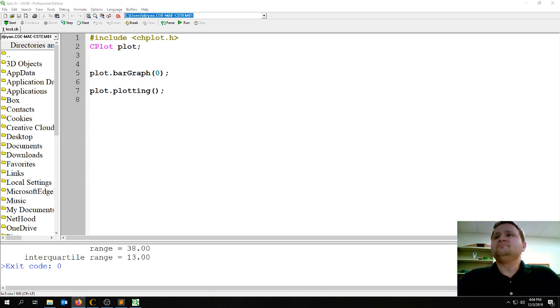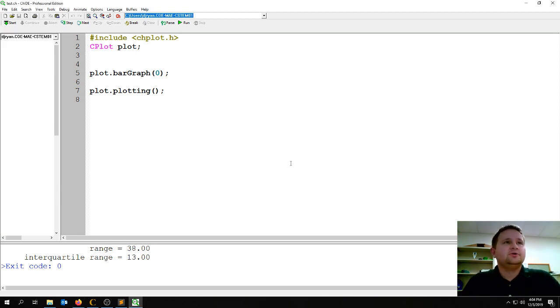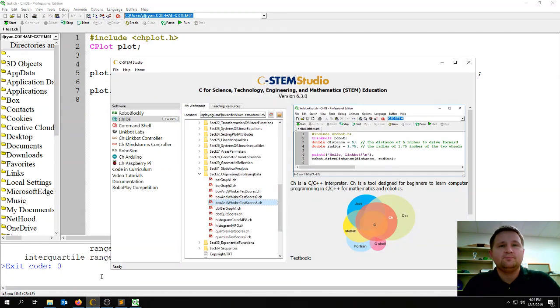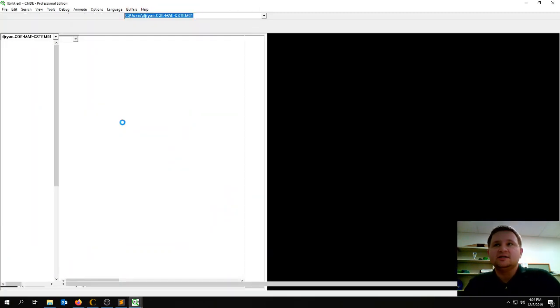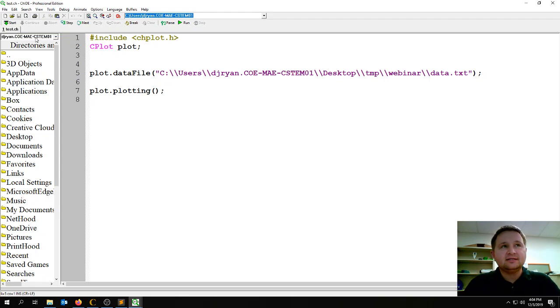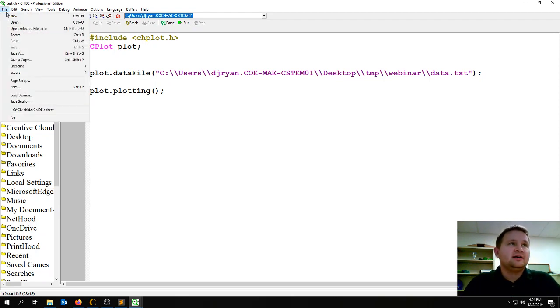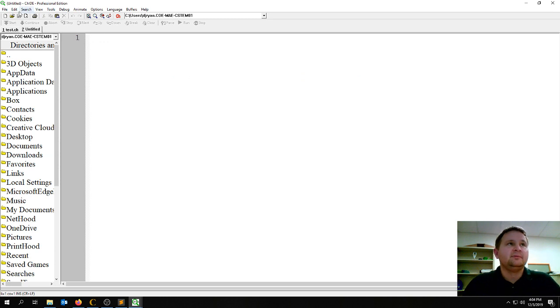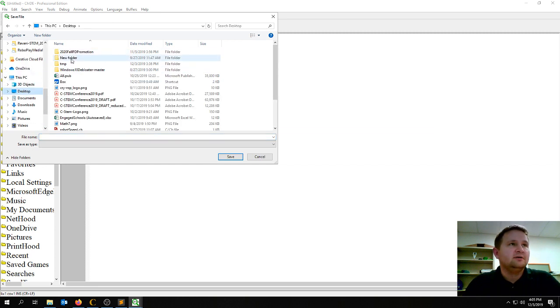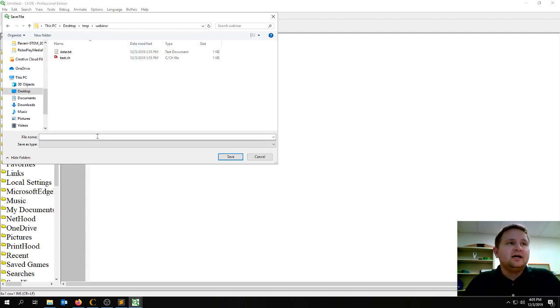So to get started, I'm going to go to ChIDE, and I can get there by opening up System Studio. And then on the left hand side, I can just open up ChIDE by double clicking on it, or clicking on it once and then selecting launch. And then just to make sure that I'm starting off with a blank slate, the same thing anybody else would, I'm going to click File and New, and I'm going to go ahead and save this file, and I have a little temporary directory that I'm going to be working out of on my desktop. And I'm going to go ahead and call this